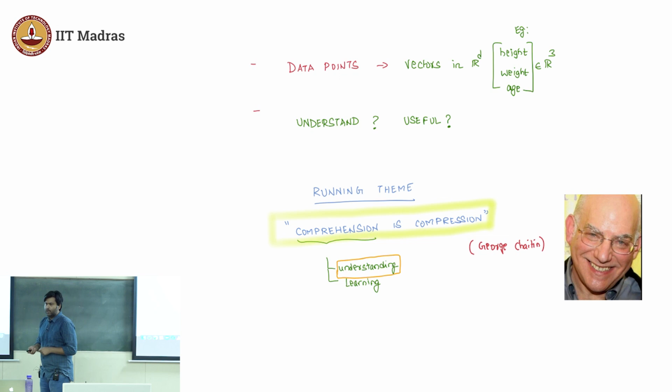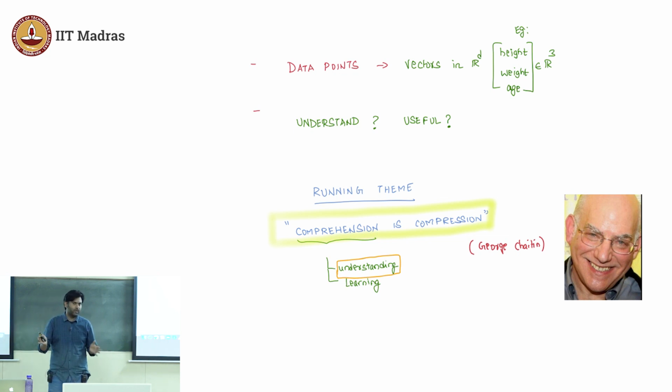So we'll take, in some sense, a philosophical viewpoint to define what I mean by understand and what I mean by useful in this particular talk, and that is based on this running theme. This is not just for this particular talk. In general, as you learn more and more about machine learning, this would be a very useful way to think about what you are trying to learn, right. So here is a famous computer scientist, also a philosopher. His name is George Chaitin. So he says